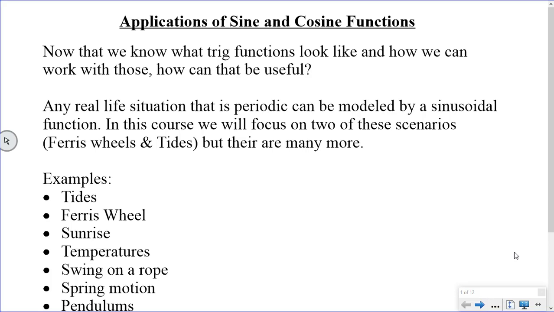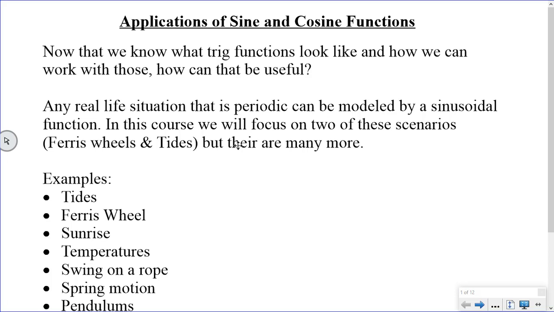So this week's material, we're going to finish up with trig functions. We're going to talk about the applications of some trig functions, and more specifically, the application of sine and cosine. The nature of sine and cosine graphs is that they're periodic, right? They repeat over some period, and the pattern will continue to go forever and ever and ever. So there are a number of real life applications that we can actually take the sine and cosine graphs and